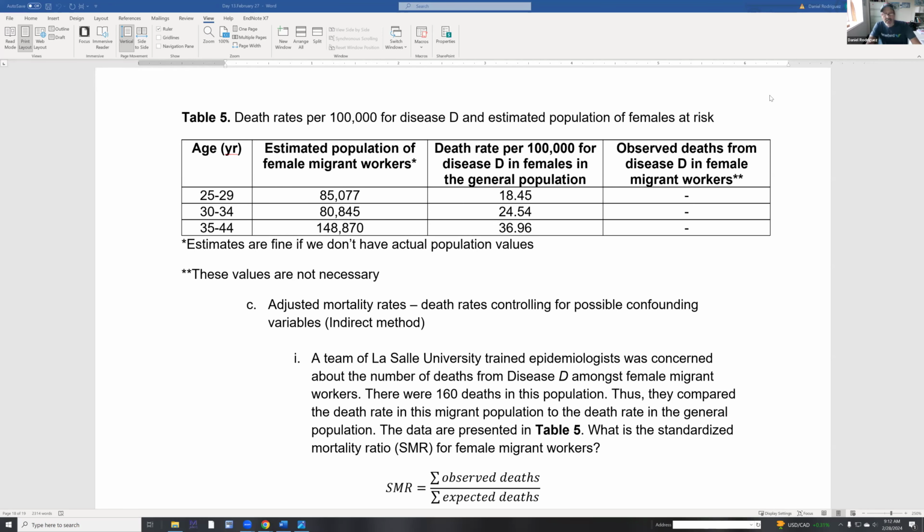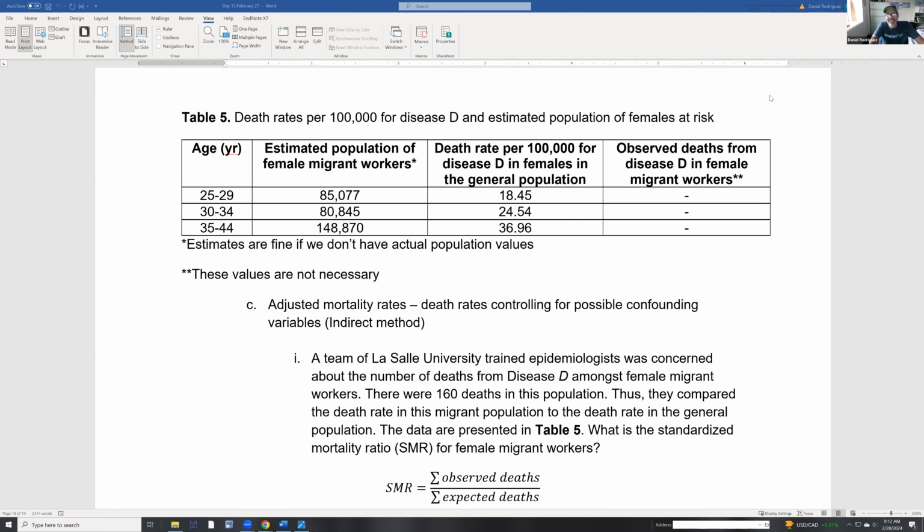All right, everybody. So I posted a video on how to do the age-adjusted mortality rate using the direct method. Now let's work with the indirect method. You can, of course, find that video under all my videos. So this is a situation where we have the number of deaths and we're suspecting something